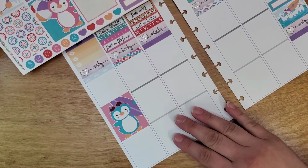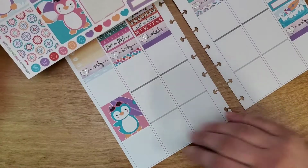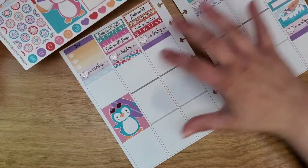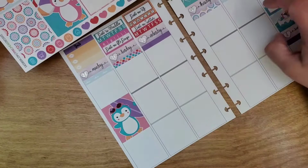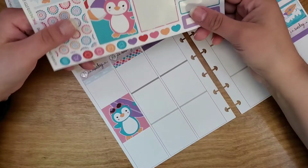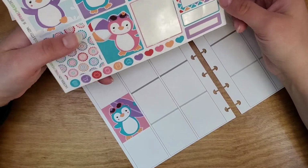How do I want to do this? I kind of want to stagger it, because the last couple weeks have gone pretty straight linear, which, if you know me, I'm very linear with certain planners and whatnot anyway. So it doesn't bother me to go all straight down the middle, but sometimes I do like to vary it. So, you know, let's do,